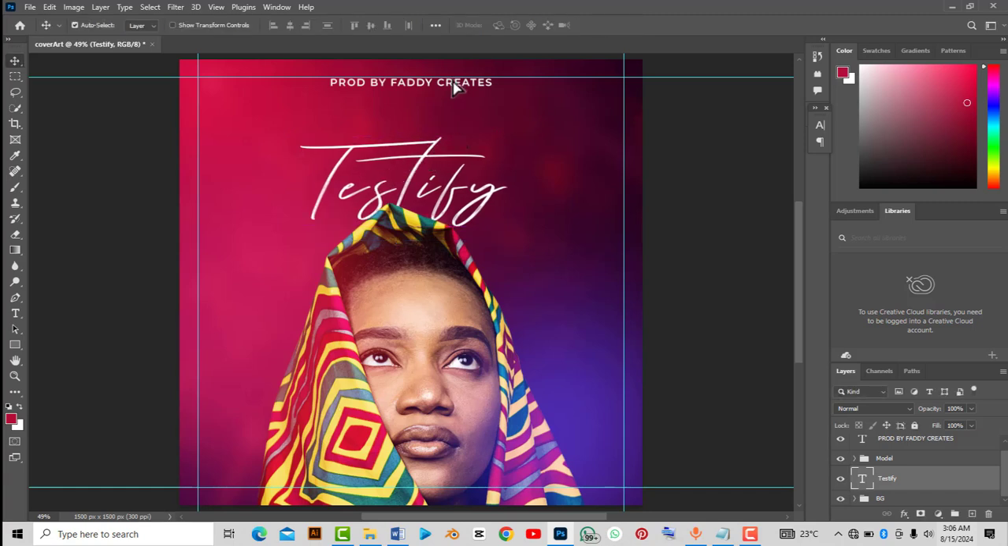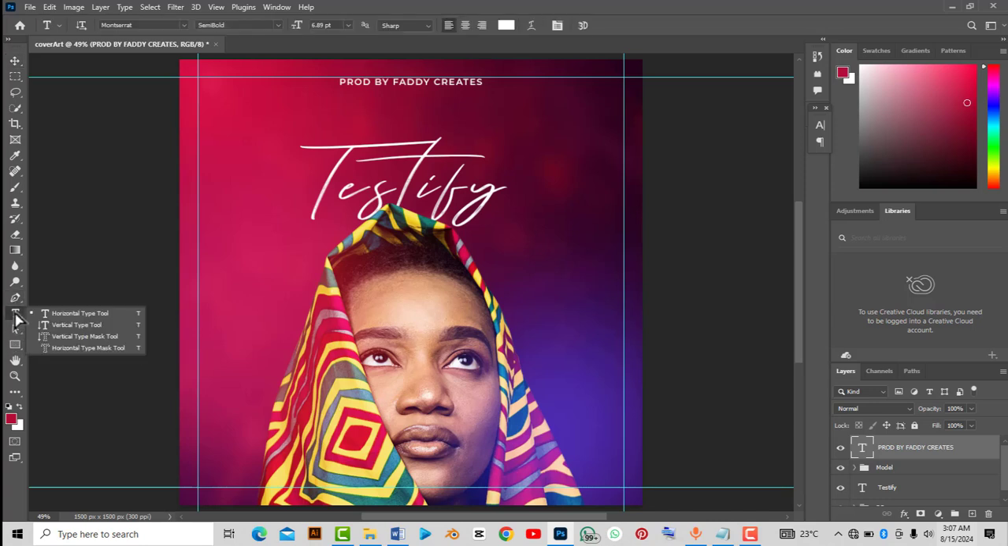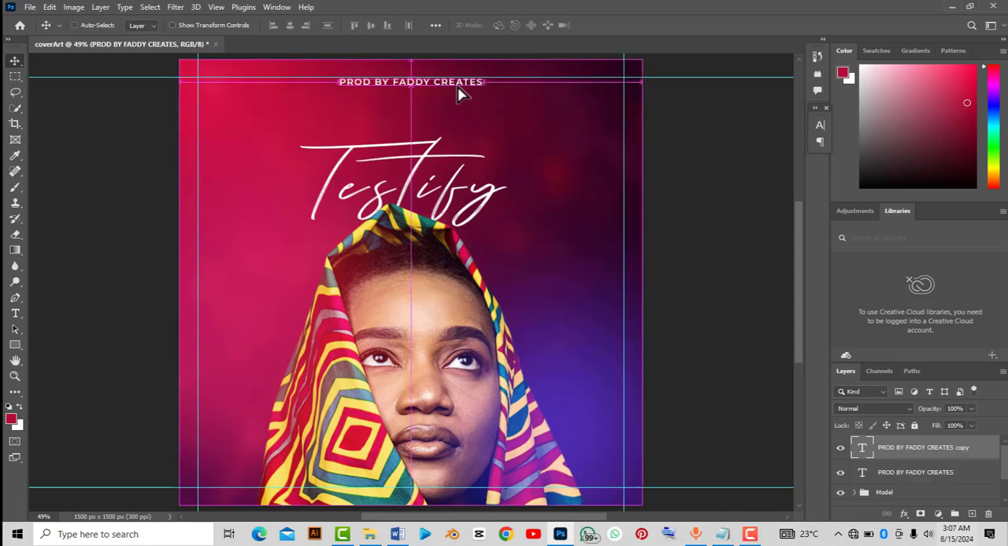So what I'm going to be doing next is I think I still need to reduce the Fadi create. So guys, you just keep making corrections or amendments till it suits you perfectly. So the next write-up is going to be, in order to save time, you could actually copy an existing write-up already and just edit it. So I'm going to copy this produced by Fadi create, because it's the same font I want to make use of. Just hold down Control plus J to duplicate it,